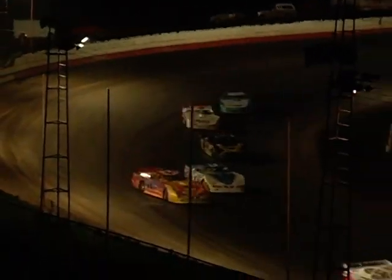Matt Miller, Donnie Moran giving it all he can. He is really taking that car into turn number 3. That S&S engine was humming down the back chute as he tries to close in on Matt Miller. He might have been just testing that Masters Built car just to see what he had for Miller, because we may not pick up the tail end of the field anymore in this race if it stays green the rest of the way. Yeah, they got a half a lap to go to catch the back of the field